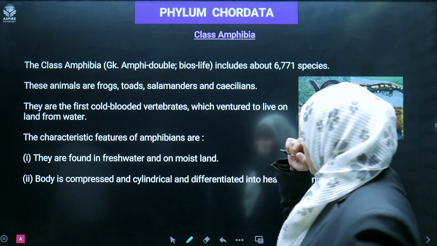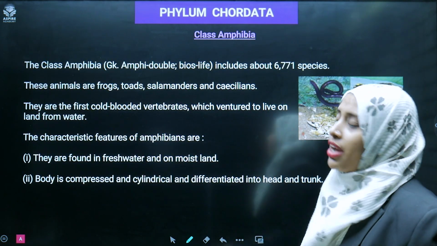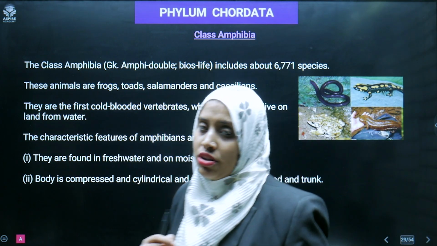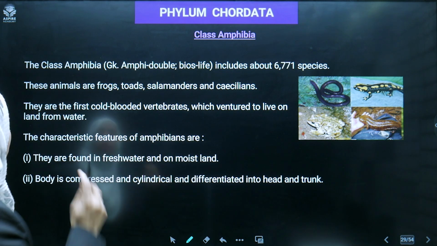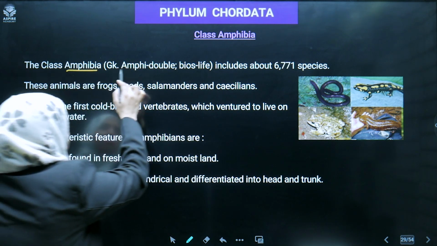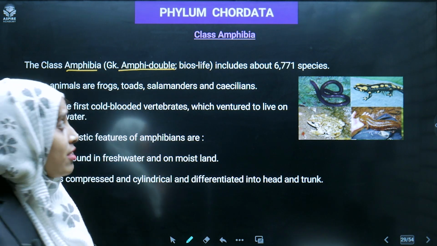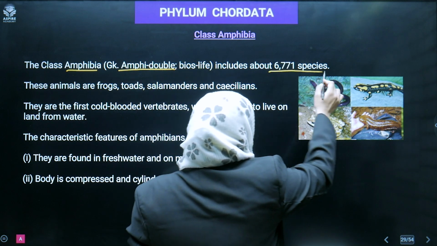Now we will see class Amphibia. Okay, class Amphibia. What does the term amphi means? Amphi means what? Both. That means they can live on land and in water also. Okay. So class Amphibia, amphi means both, double life. दो तरह से वो अपना life spend कर सकते हैं. And the Amphibia class includes about